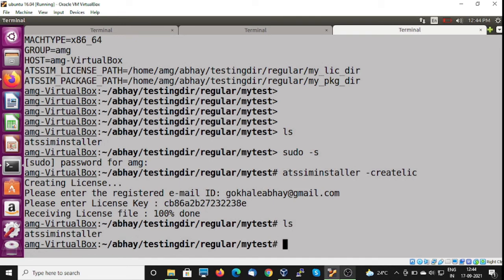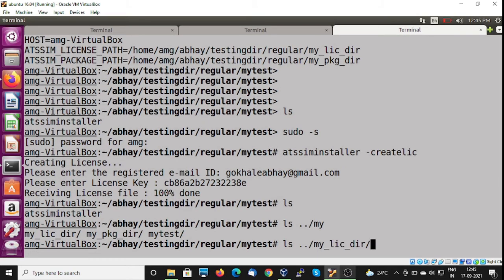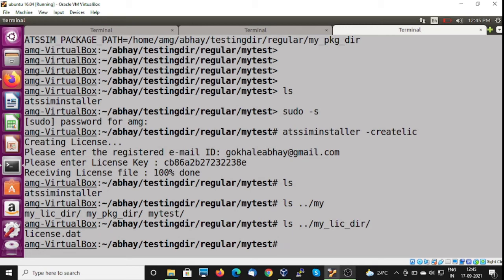If already you have defined environment variable for the ATSM license path and ATSM package path, then license will be automatically transferred to your defined ATSM license path. Let me check it in my license directory. So you will see there is one file license.dat. It's a data file.